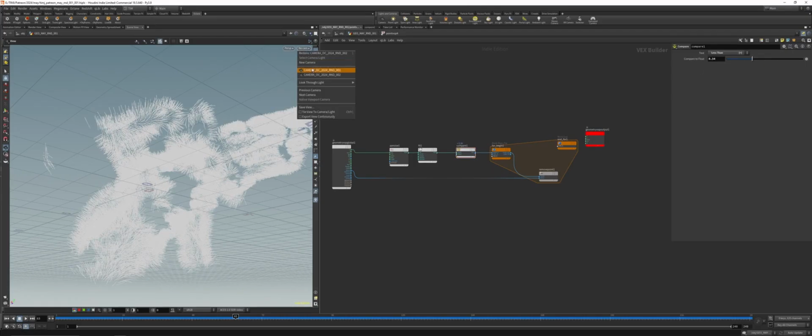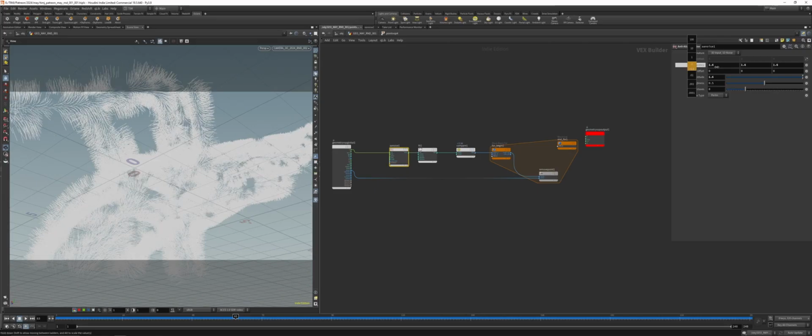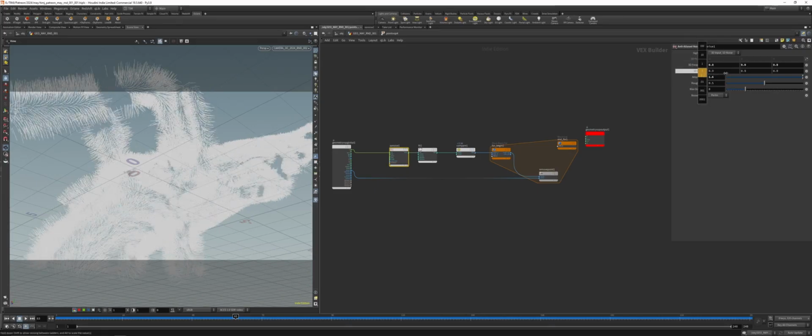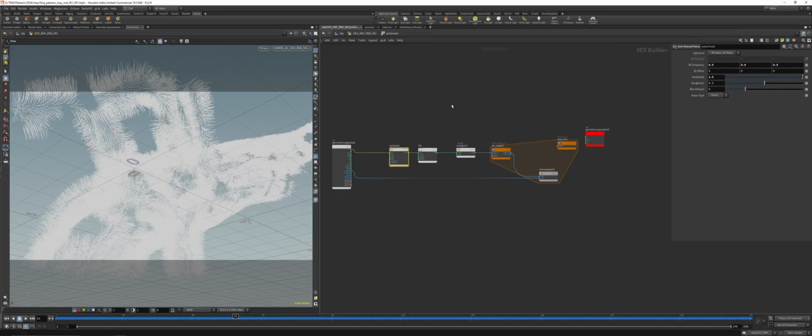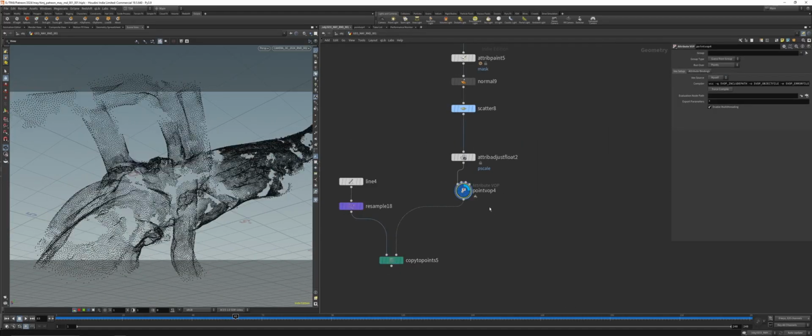And don't delete maybe too many. And we can also play around with the noise a little bit. And with the offset. I think that should work fine. So it's a little bit more broken up, a little bit more natural in the feeling